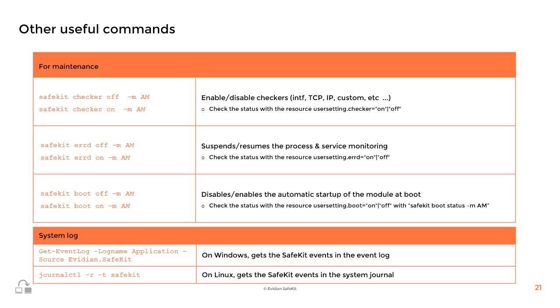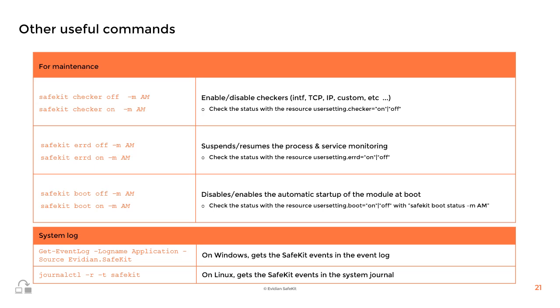Finally, disable the automatic startup of the module at boot to ensure that the application integrated into the module will not start at boot with the module startup. Please note that disabling monitoring is permanent, even after a node's reboot. Therefore, you must re-enable everything once the maintenance is completed. As shown in the first table, you have a resource for each case indicating whether it is enabled or disabled.